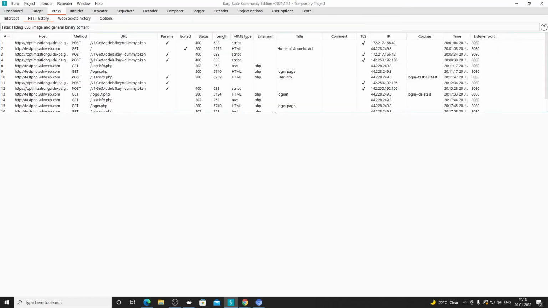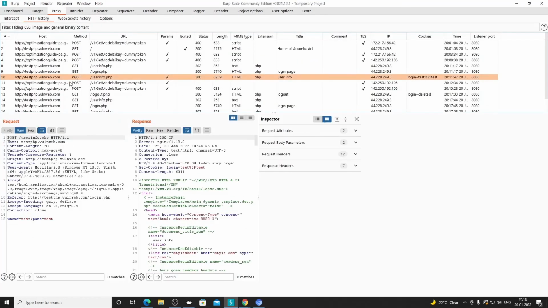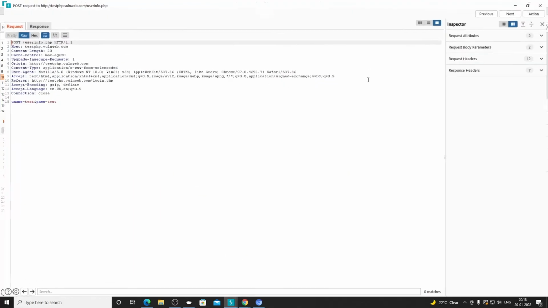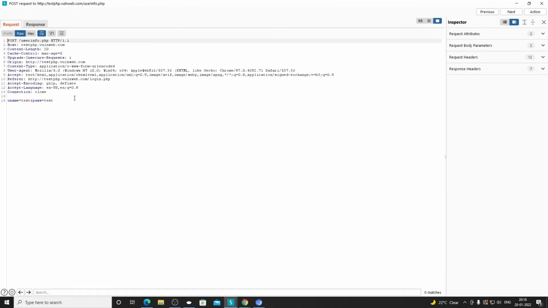If you want to look at any of the post requests, I will open it. So this is what a post request looks like. In the request body, you will send the data. It could be any data, and all the variables and their values will always be separated by an ampersand. In case there was some more data like email, that would also be put using an ampersand.